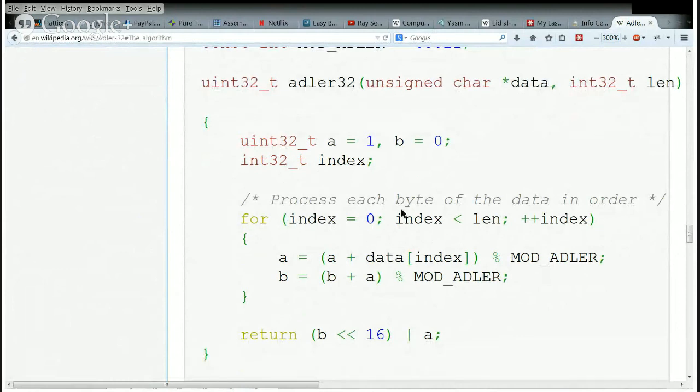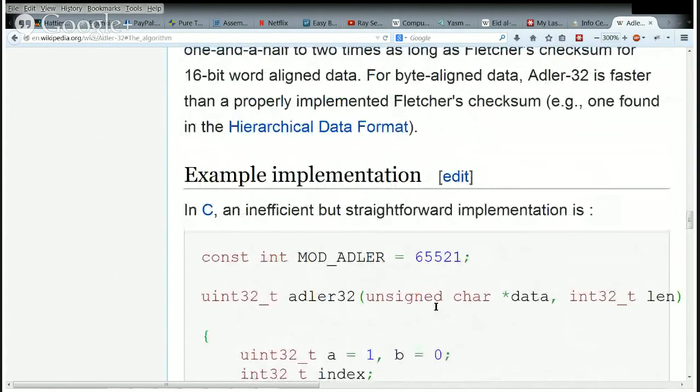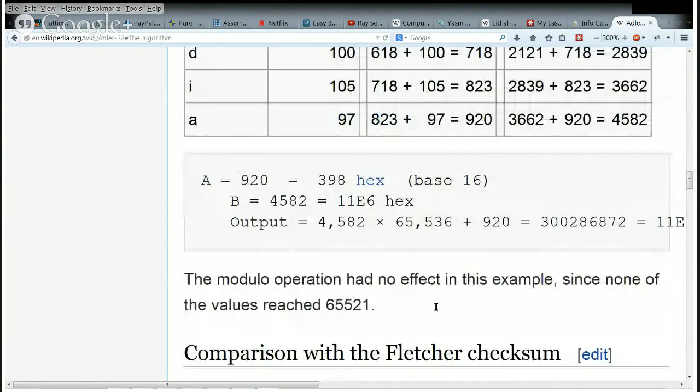And this one, the data is an unsigned character array, and they're processing a byte at a time. And then they do A equals A plus the data mod whatever mod Adler is, and then they have B equals B plus A mod Adler, and then at the end they shift B left 16 and OR in the A. So, I don't know what mod Adler is.